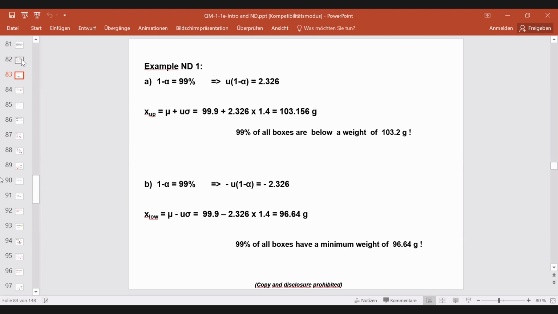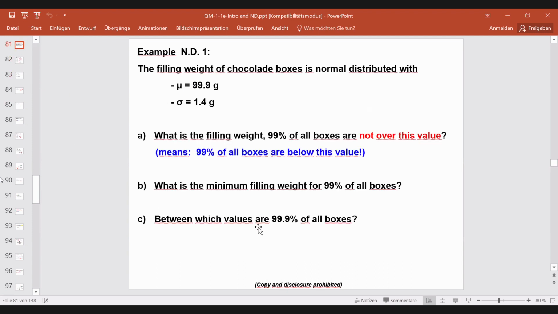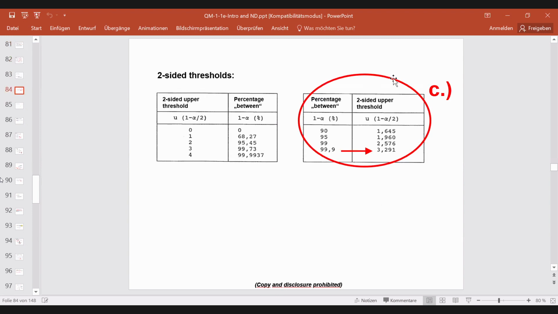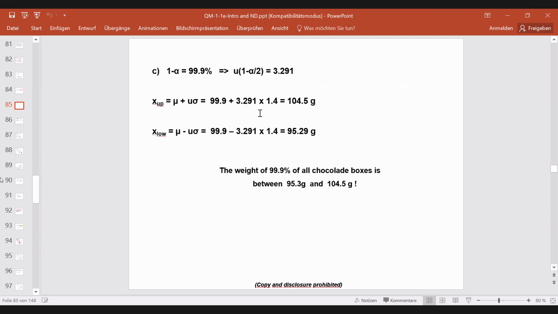Now the third question was, between which values are 99.9% of all the boxes? To answer this, you have to go into this table here for two-sided thresholds. You have the question regarding a range, an area between two limits. And the question is here, between which limits are 99.9% of all the boxes. Here you see a table value of 3.291. And if you put this into this equation here,